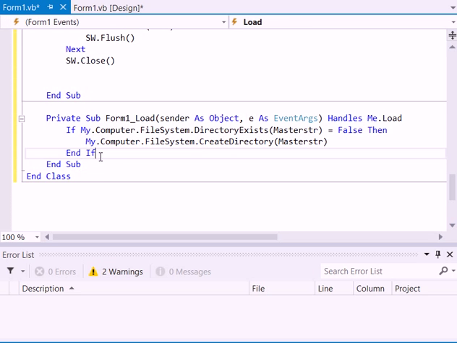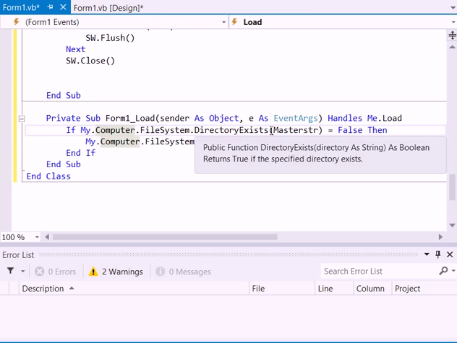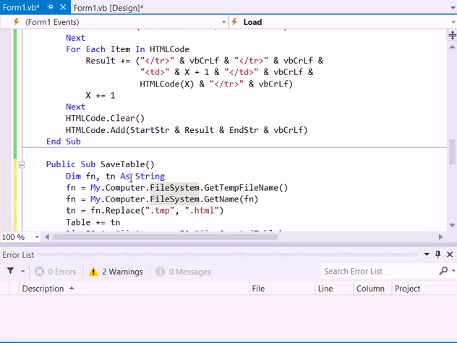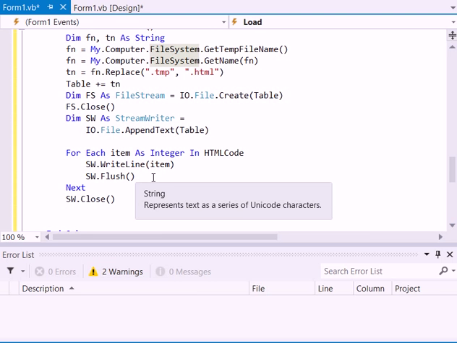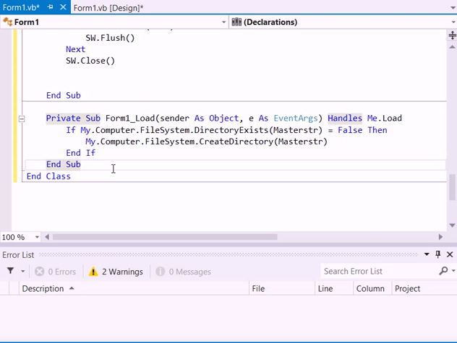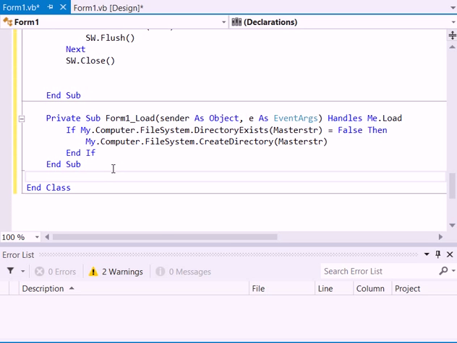Okay, so when this loads, the program is just going to check to see if the master string file, which is your application directory, /table, which is the subfolder name, is created. If it isn't, then it's going to create it. That way this doesn't run into errors trying to put it into a folder that doesn't exist, that it can't write to. And one last thing, the major thing,